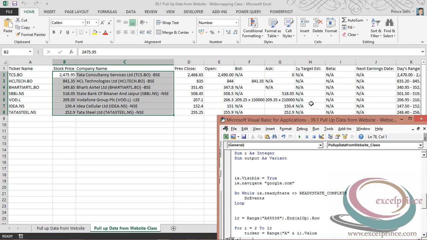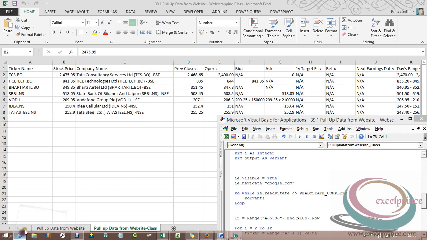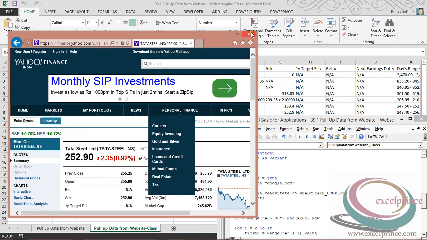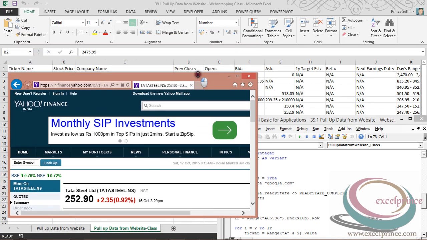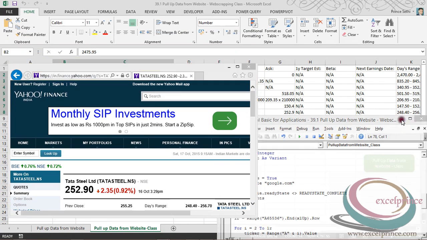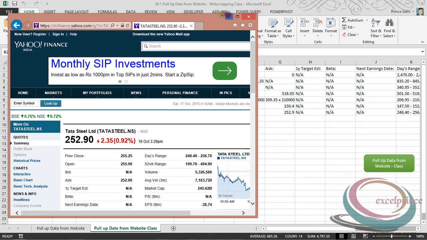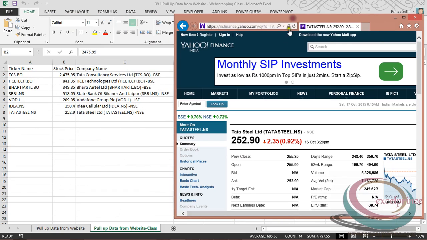It's so amazing. So if you see, I've extracted all the values. This is Tata Steel, and if you want to match the values, so let's match up. Minimize it, coming over there. So if you see, the stock price value is 252.90, which is perfectly fine.